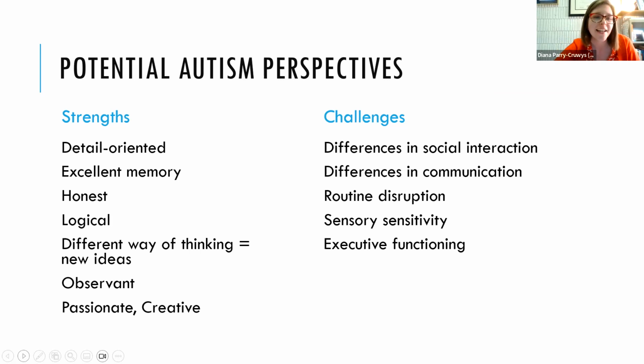have such a unique perspective and bring a lot of new and different types of ideas and ways of thinking to problem solving, very observant and passionate and creative too. So any one of these pieces could match up with someone, and others might not match with them at all. But I want us to